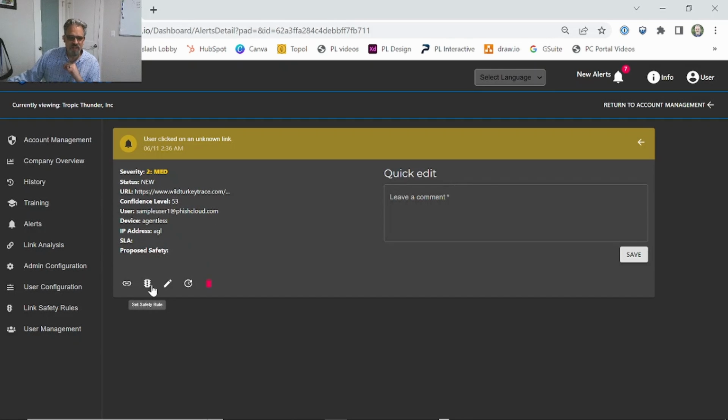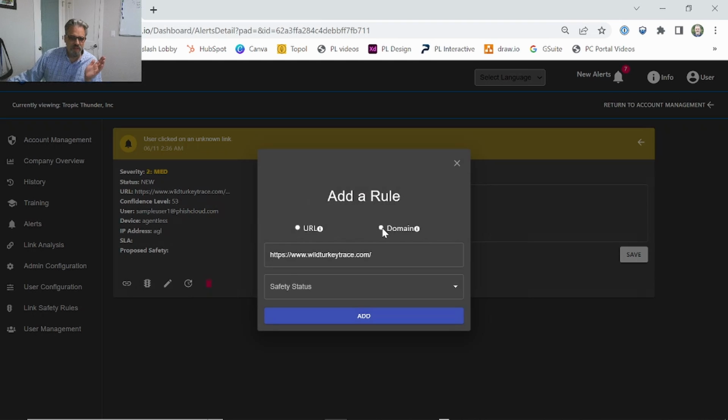So say you know this site, you could come in here and just say, look, I know this is safe, and you hit add, and now this is going to make this domain, anything with this domain, safe, and this will actually automatically roll off of your list as soon as this goes into effect. So you have the ability now to really go in and make some changes on behalf of your users and